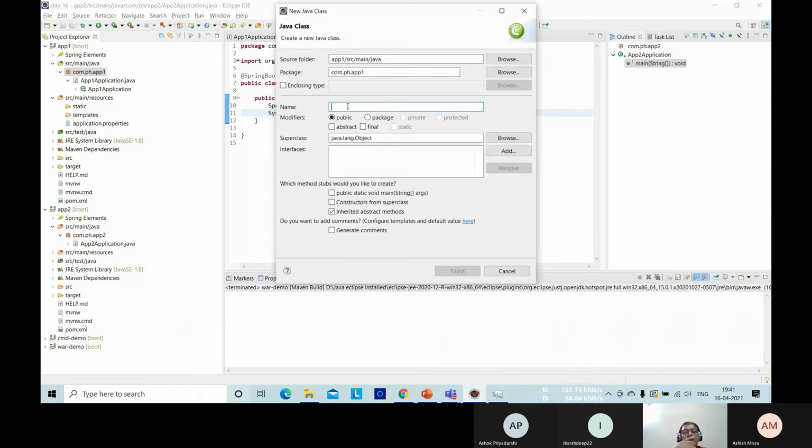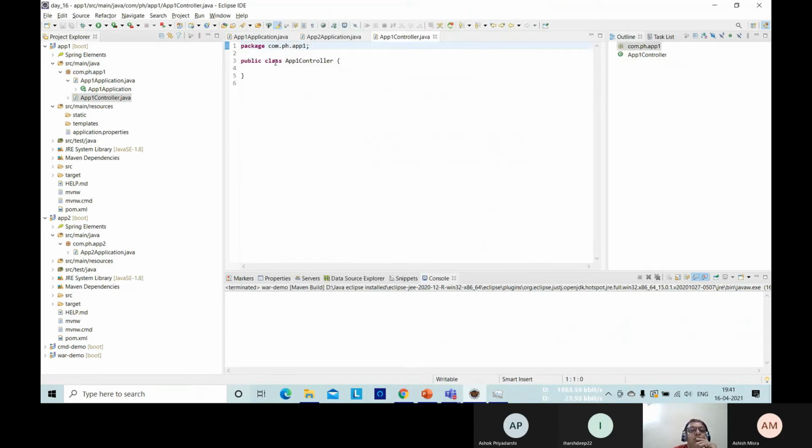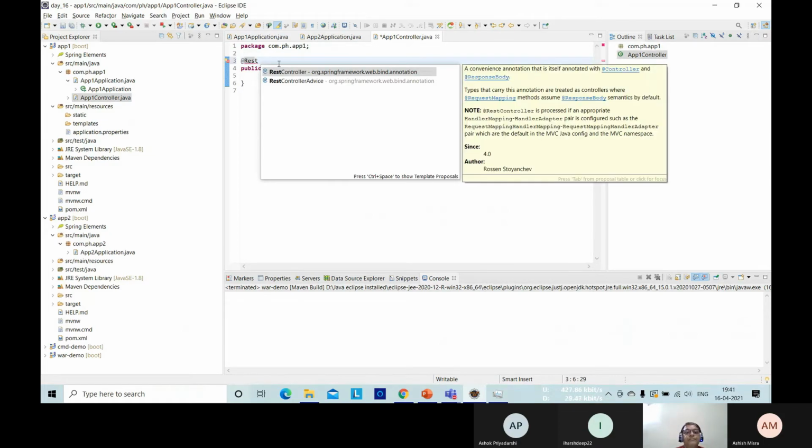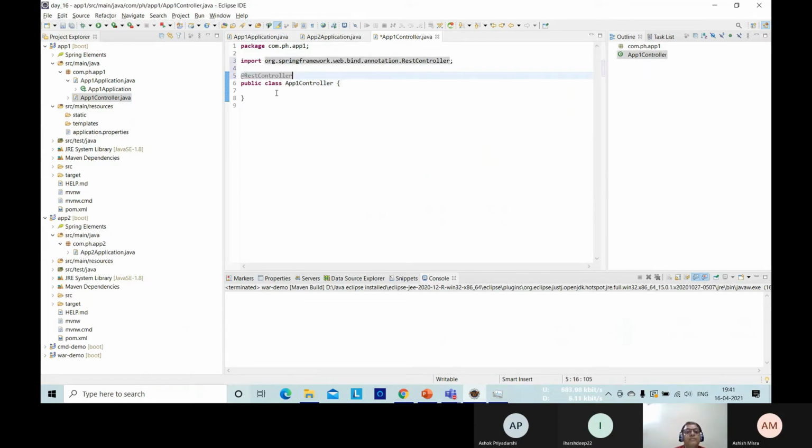And here, as it is app 1, I have named it app 1 controller. That's it. So we got it. Now here we have to annotate it with REST controller, and then we need to define a service.